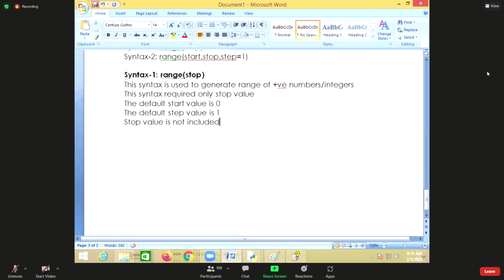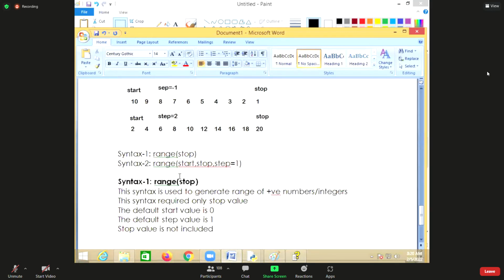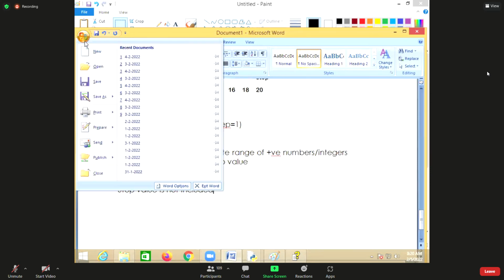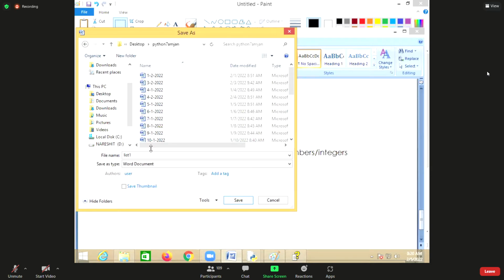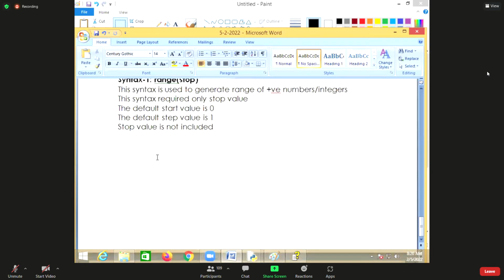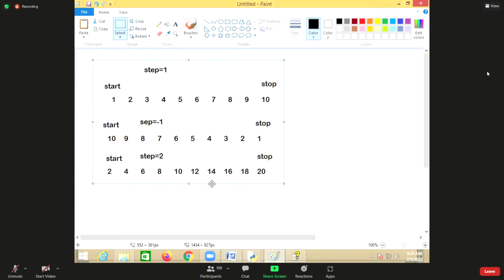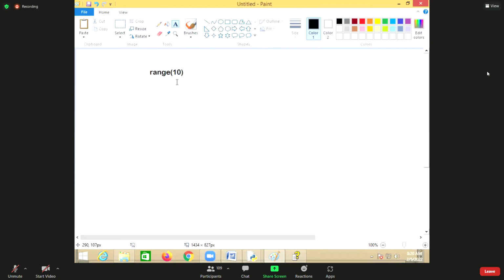So in this syntax, what will happen is, if I'm writing range 10, what is 10 here?